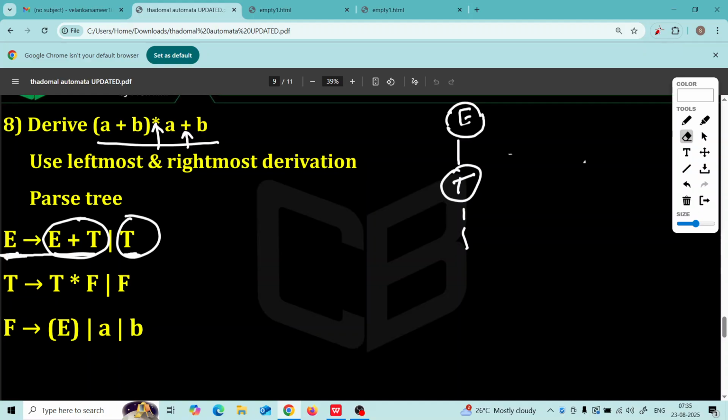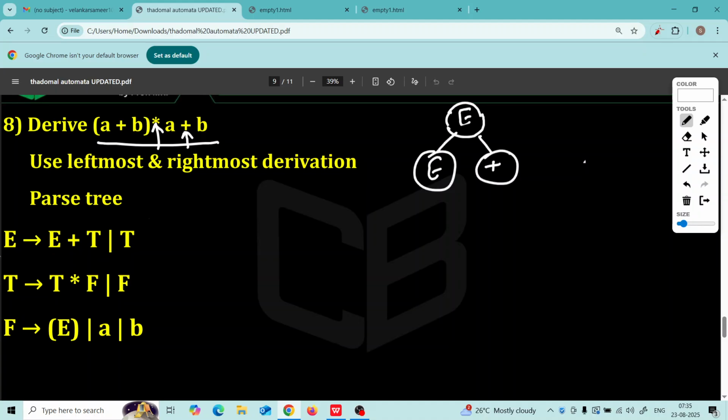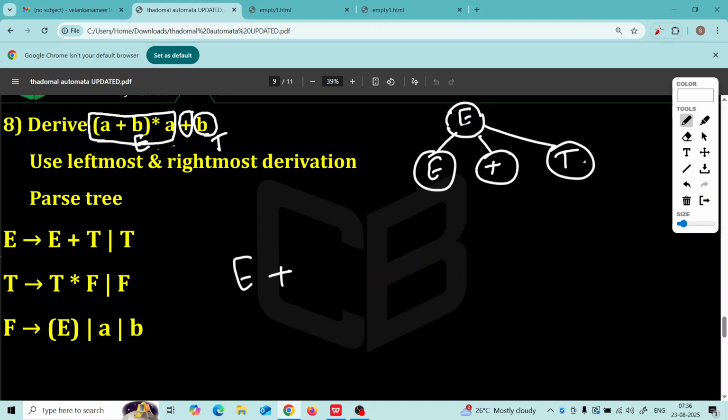Which is the production that you will use here? Which is the best production that you will use? Okay, let's try. We'll use E plus T. Now do you understand that in our entire string, we have at least succeeded in deriving plus. Somehow the portion to the left of plus should be derived by capital E, and the B to the right of plus should be derived by T. Are you understanding? E plus T is now pending.